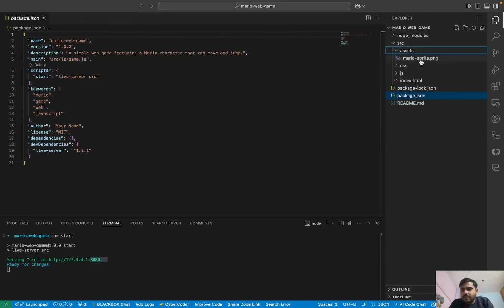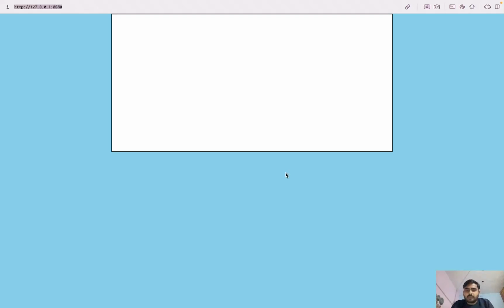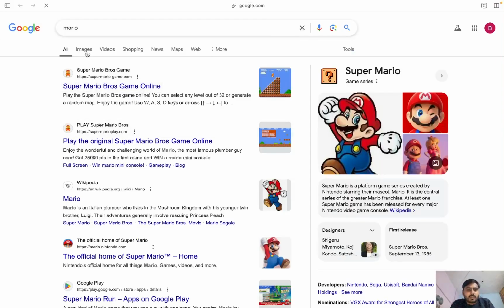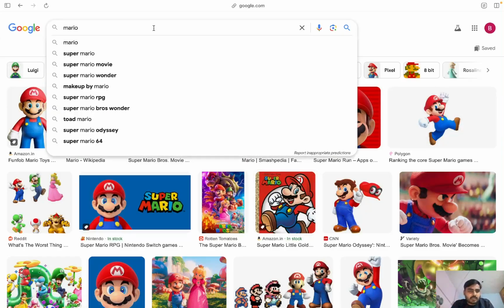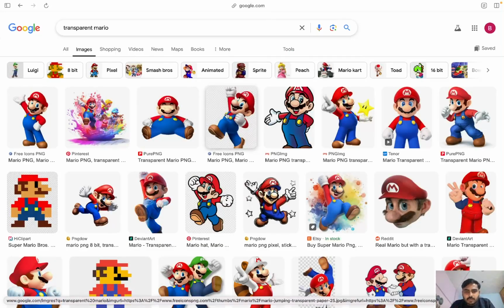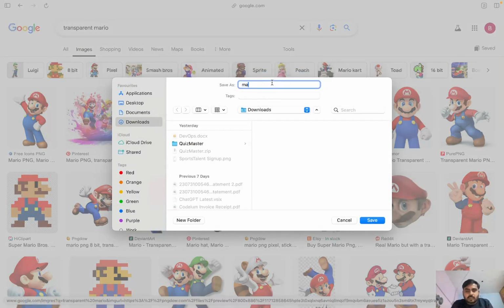First of all, inside assets, this Mario sprite is not working. So let's download a Mario character file from the internet. So this is a web browser. Okay, let me search Mario and click on images, and yeah, this image looks good, or maybe I will search for a transparent Mario. Okay, so this one looks good. So I will copy and save the image as, and I will call it Mario, and this is in the